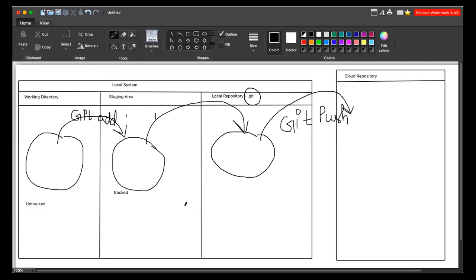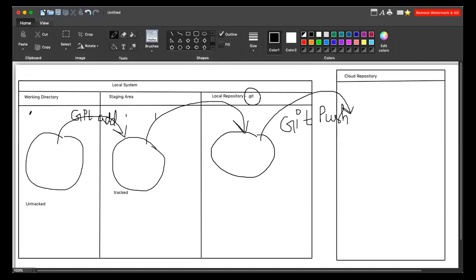Jude asked how the staging will happen and where does this happen? When we clone a repository or when we create a repository in the local system, we do a command called git init. So everything which we stage will be happening inside that only. See, you do the git init in this working directory. You don't do the git init in the staging area.